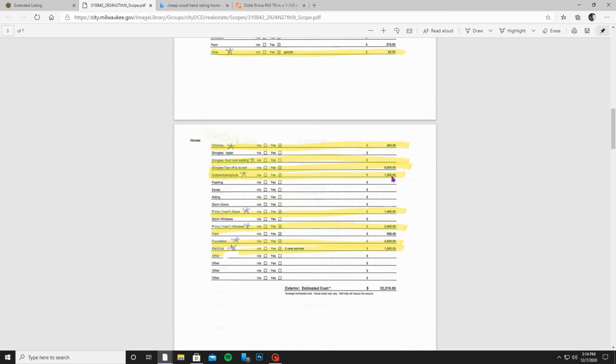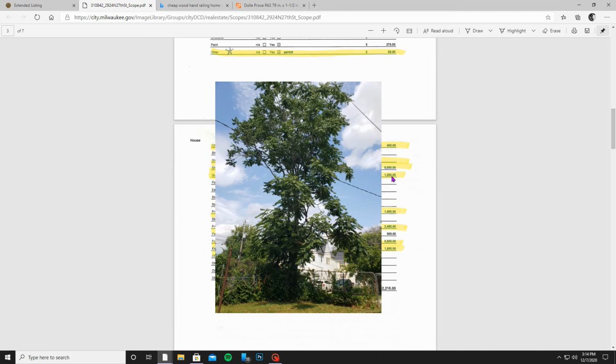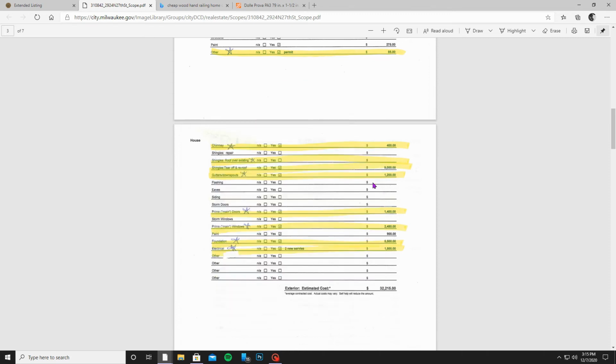So I had to find the best quote I could to take that tree down. My budget was between $600 and $800, which is not a really big budget, so it was really hard for me to find somebody to take that large tree down. And I'll post up a picture of that tree. I have a few pictures. I'll post them in here. It cost me $800, which killed me, but I knew it was a good deal because all the other quotes I got were $1,000. Somebody quoted me $1,000,